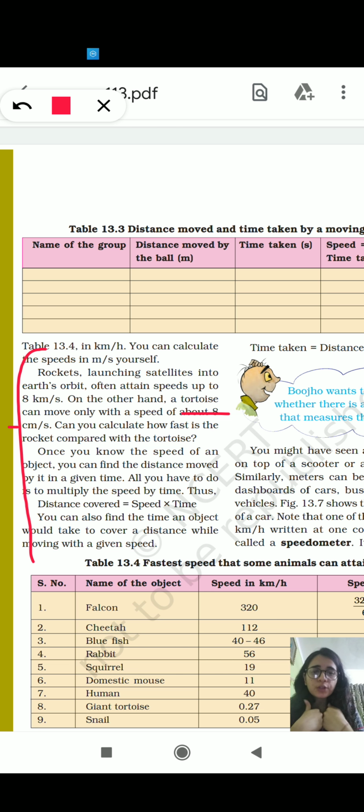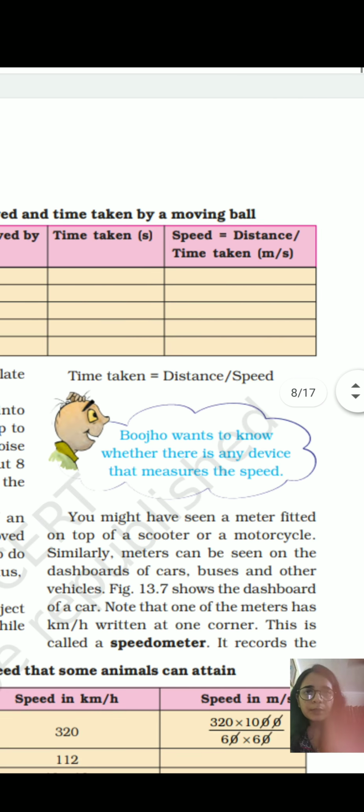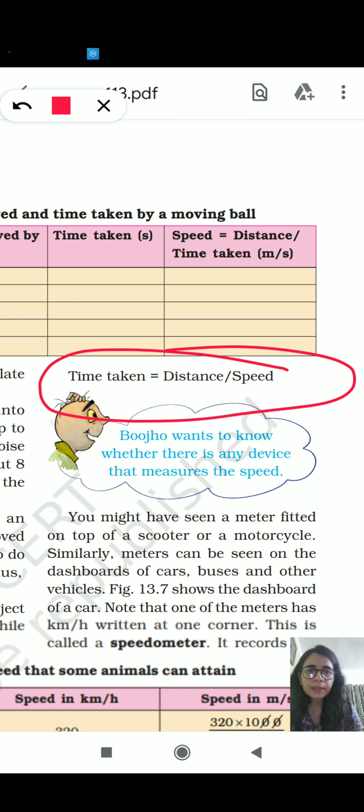आप अपने आप की स्पीड को अपने फ्रेंड की स्पीड से कंपेयर कर सकते हैं. अगर आप बाइसिकल से जा रहे हैं, अपने घर से अपने स्कूल के डिस्टेंस को नोट करके टाइम नोट कर सकते हैं और डिवाइड कर सकते हैं, और आप बता सकते हैं आपके और आपके फ्रेंड में कौन स्लो है और कौन फास्ट है. और अगर आपको स्पीड पता है तो आप डिस्टेंस भी निकाल सकते हैं. सपोज़ मुझे पता है कि मेरी स्पीड इतनी है और मुझे टाइम पता है, तो डिस्टेंस क्या हो जाएगा, स्पीड इनटू टाइम. सिमिलरली अगर आपको डिस्टेंस पता है, स्पीड पता है, तो आप टाइम भी निकाल सकते हैं.